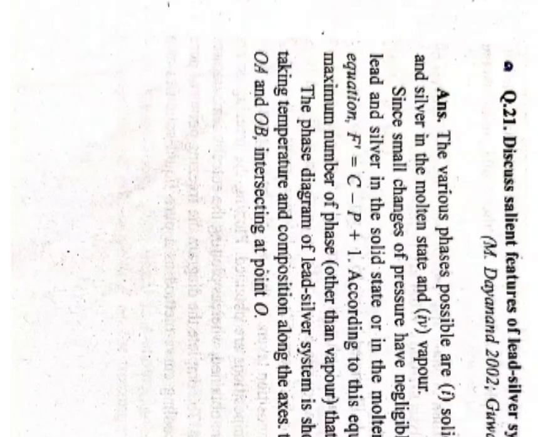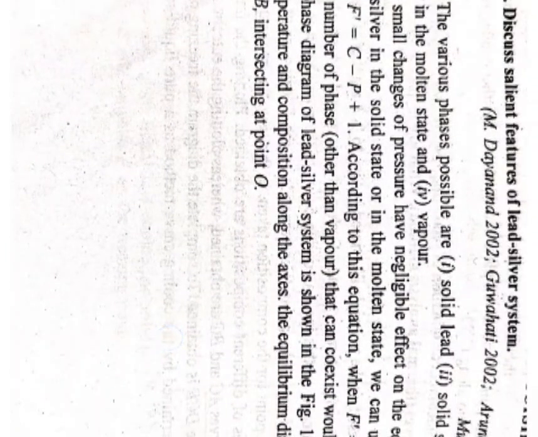Now we discuss the salient features of the lead-silver system. The various phases possible are solid lead, solid silver, silver in the molten state, and fourth, vapor. Since small changes of pressure have a negligible effect on the equilibrium existing between the lead and silver in the solid state or in the molten state, we can use the reduced phase equation